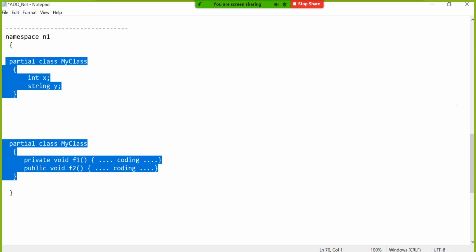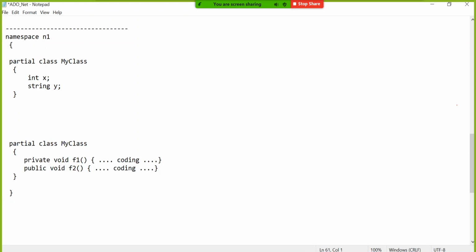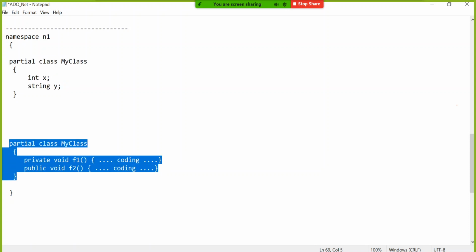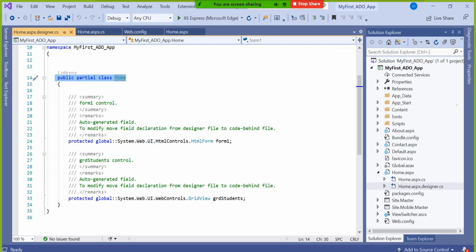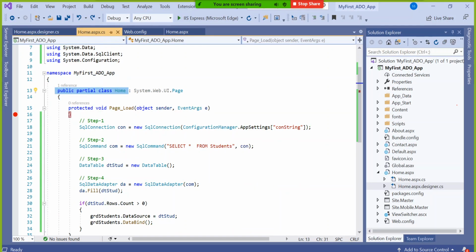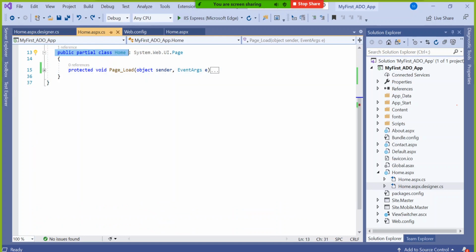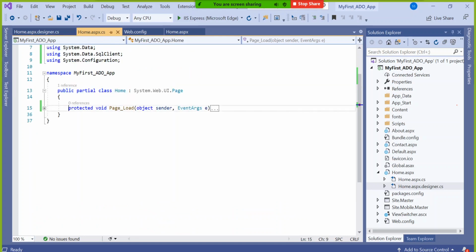Only the logical division you did, because in one place you wanted to define all the variables or properties, and in one place you wanted to define the functionality. Now you come to your area. Have a look. Here you will have all the functionality, guys: page load, button click, drop down selection, text box change, all the functionality in this class called home.